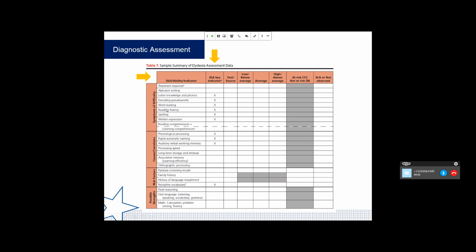So first of all, reading fluency. I want to mention this because this is often a point of confusion. We know that reading fluency is a very, very strong diagnostic indicator. However, it isn't helpful for intervention because we know that we don't want to specifically target reading fluency. By that I mean our focus of instruction isn't reading fluency per se, but rather it's working on the underlying deficits that are interfering with reading fluency.